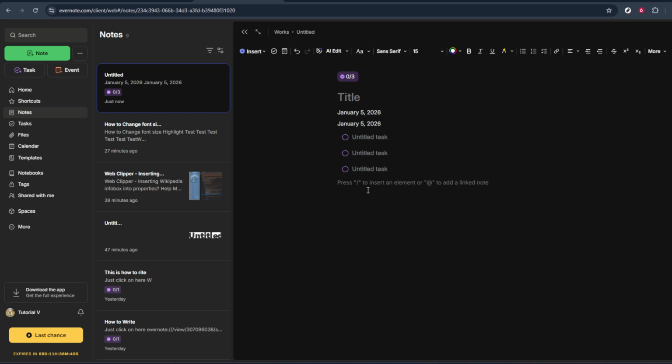Now just type your task description, like email the client, review project outline, or whatever action you need to remember. You can repeat this process as many times as you want within the same note, adding multiple tasks underneath a heading or between paragraphs of notes. From here on, whenever you come back to this note, you'll see those tasks listed right where you added them. As you complete each task, you can simply click the checkbox to mark it as done, which is a great way to keep